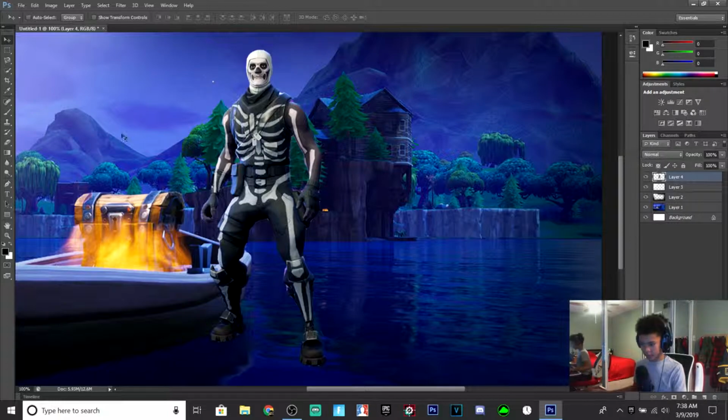Now you want to put in the text. And make sure that you have the layers set up where light here, dark here, background here, and this you don't worry about. And then your Skull Trooper or whatever you put on top is right here. Now you want to go to the text icon, download whatever text that you like the best from DaFonts, link in the description, and